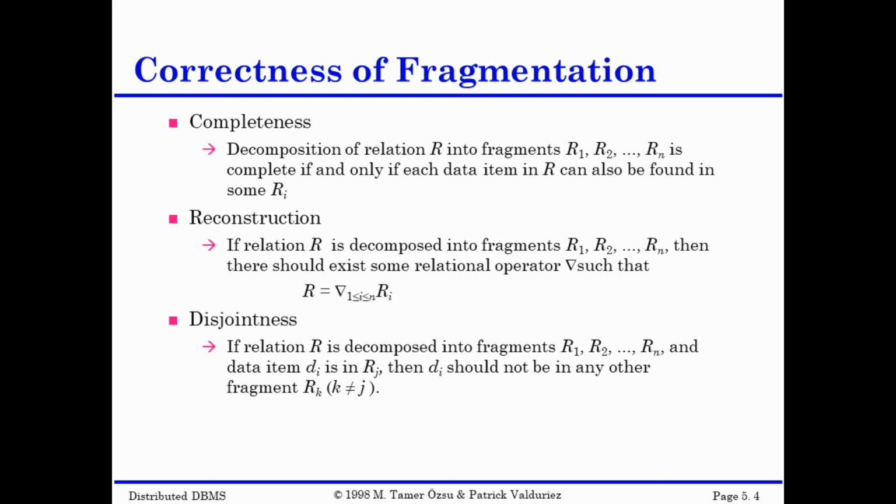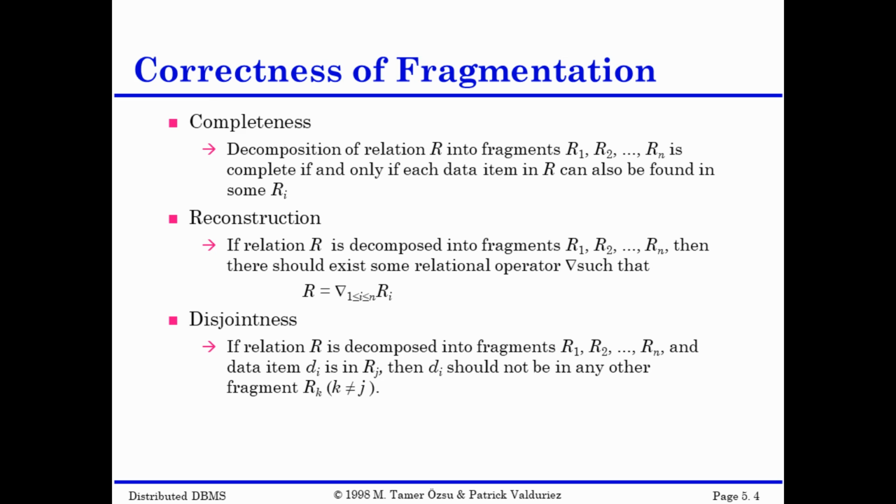The second property is reconstruction. If relation R is decomposed into fragments R1, R2 to Rn, then there should exist some relational operator, maybe join, or maybe natural join, or maybe union, so that R is constructed